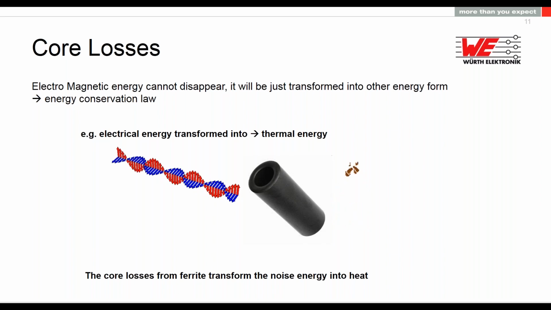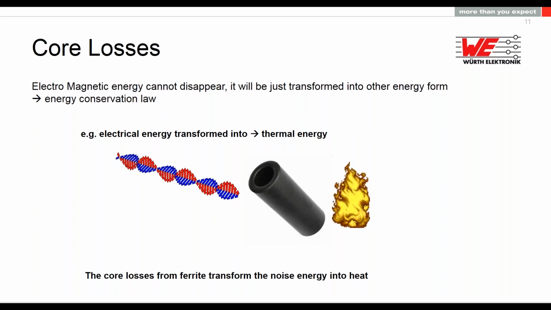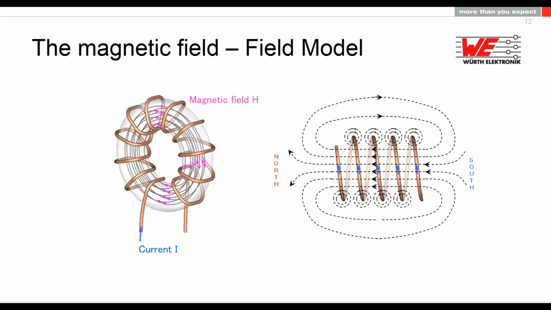So be aware, ferrite normally should not get hot from the EMC noise. But what happened in fact with this magnetic field? Well, if you take just a simple wire and build something like a spring, like a rod core inductor, and you introduce a ferrite core in the middle, it will happen that this ferrite core channels the magnetic field and you will have a dedicated north pole and